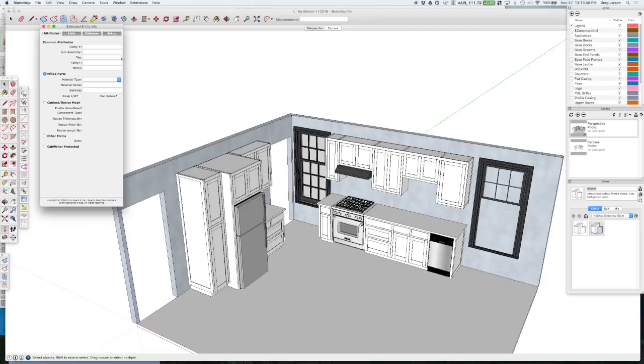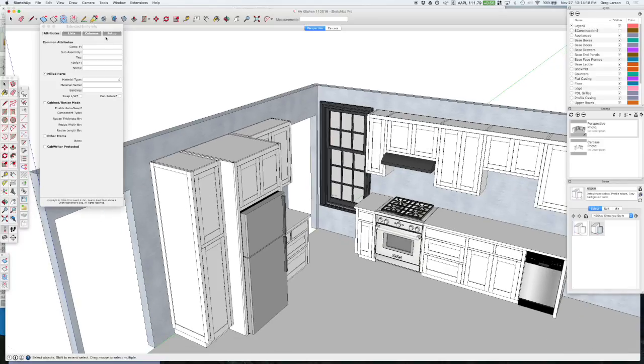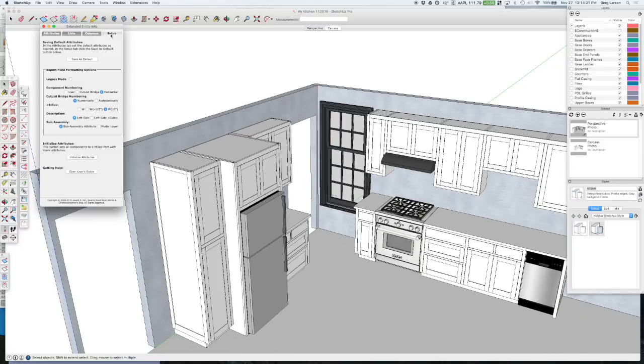So you can see there's nothing showing in here because we don't have any part selected in our model. So if we select a part, for example, this is a top rail on the refrigerator cabinet, you'll see that we don't have a component number assigned. I showed this in the cut list video as well, but that's because we haven't assigned any part numbers to these cabinets yet. And if we go to our setup tab here,